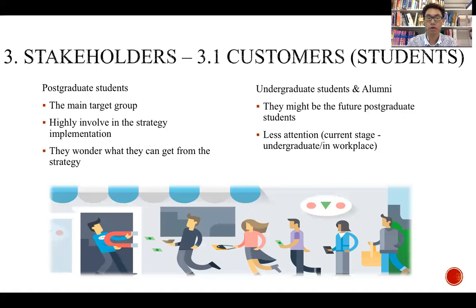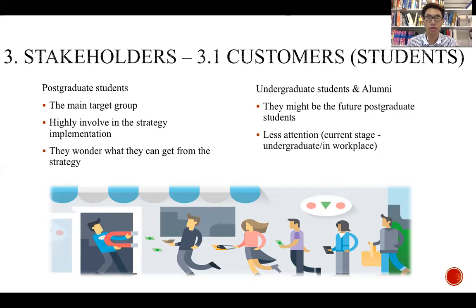They will pay more attention to the strategy since they would wonder what they can get from it. Undergraduate students and alumni might be the future postgraduate students. It means they may be involved in the strategy in the future. So they also have high-level power, but they would pay low attention to the strategy right now because of their